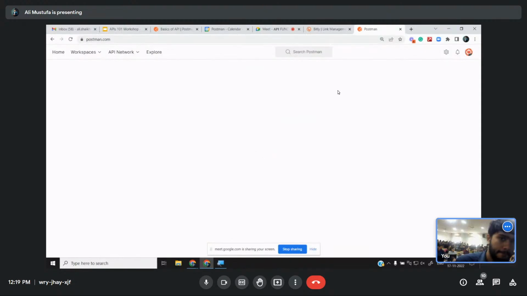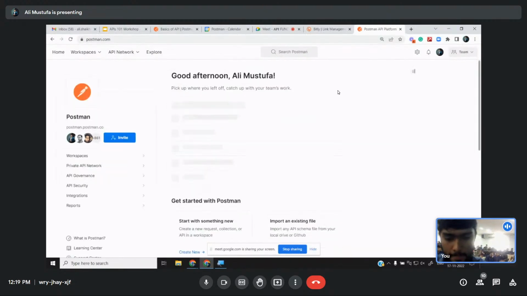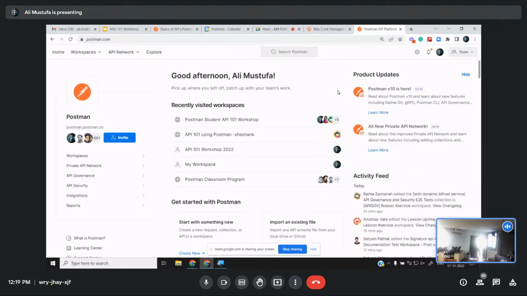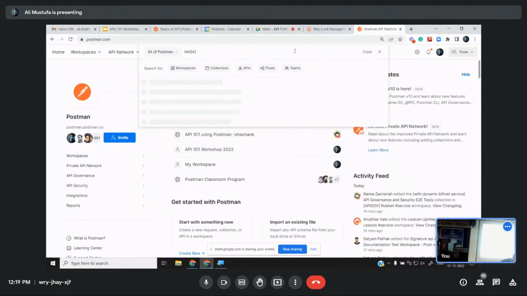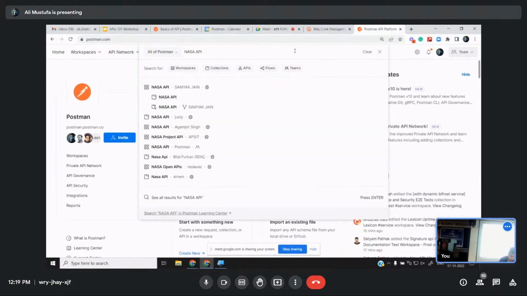Okay. What do you see? Do you all see the home page? Yes. Click on search and type NASA API. What do you see in the search results? You see a lot of NASA API references, right?